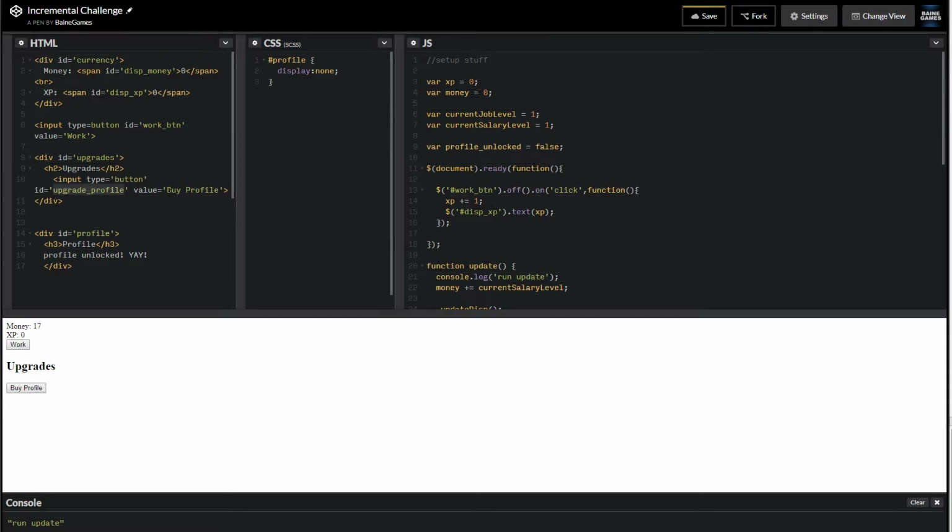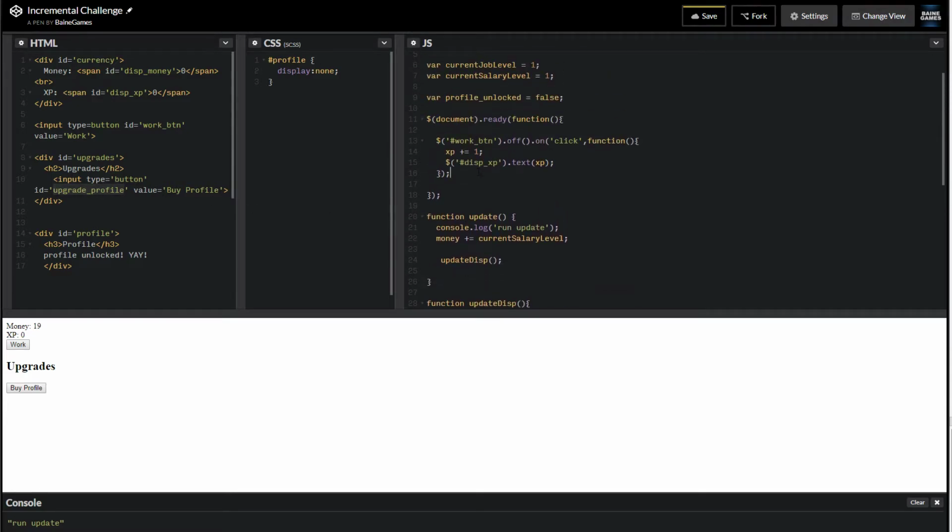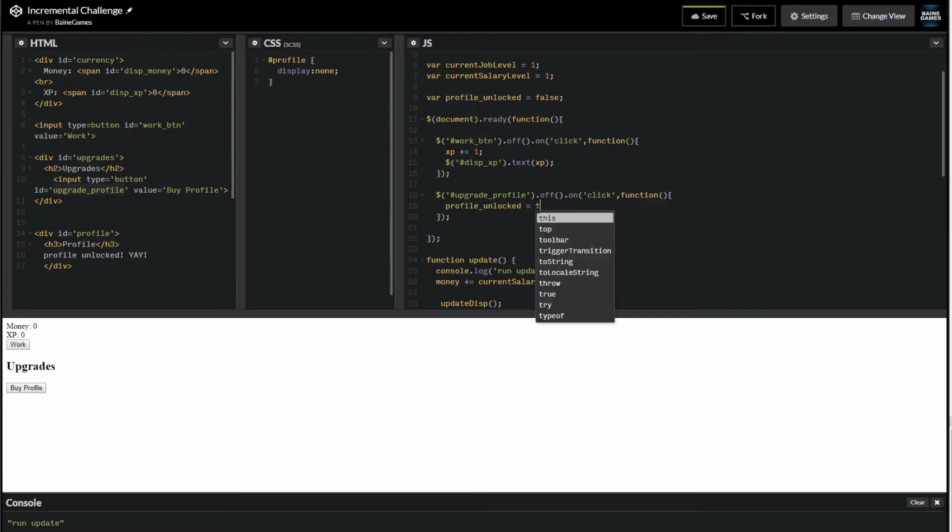When I click on this specific button now, we need to add that click action. If I run that, I want to say profile unlocked is equal to true, for example. This isn't really going to mean anything for the display side. We're actually going to just manually tell the display, hey, it's okay to show that now. But that's going to be important. We can just do show, I guess. And then what we can do is actually hide